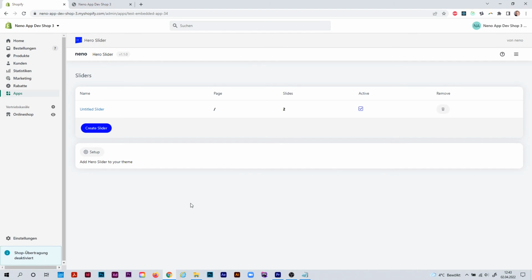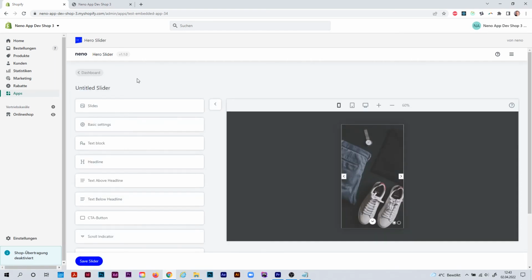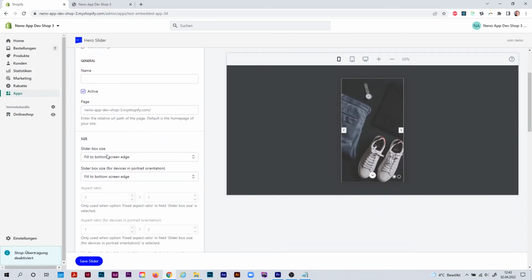Now we'll show you how you can develop your hero slider so that your visitors don't see your development status. For this, again open the visual editor for the slider, open the basic settings and focus again on the page field. You can see you have your shop domain here, which, as I've already mentioned in one of the last steps of this video, means that the slider opens on the home page or home site of your store. Now, if you fill in this string here,